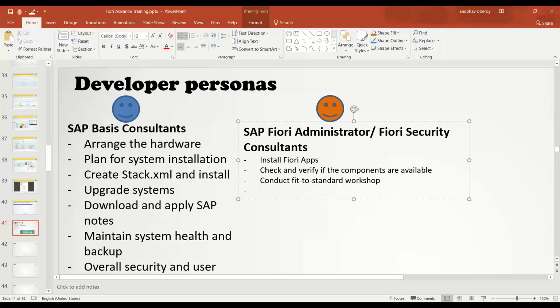Fit to standard. You will see whether most of the apps which are already delivered by SAP fit the needs you have. Then build and identify scope. Scope means what is the missing piece, what is the application which is missing, it's not there, or the app is there but the functionality doesn't suit the requirement of your company. That is what will be done by the Fiori administrator, Fiori security consultants. Then the next work is they need to configure roles